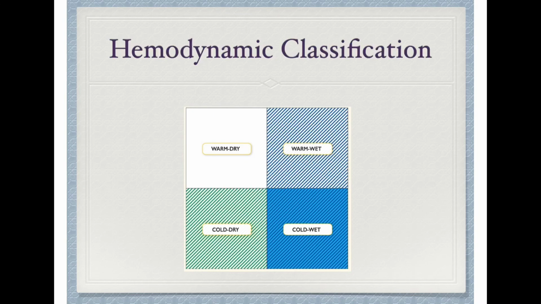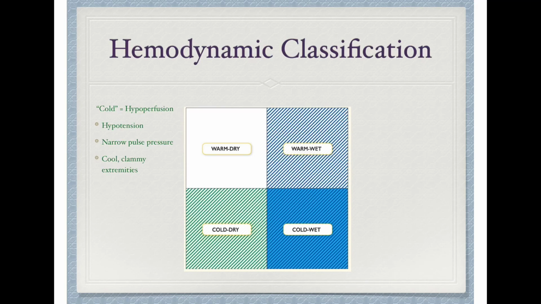So whenever a patient presents to the hospital with a heart failure exacerbation, we try to group them into one of several hemodynamic categories. And that's given by this traditional diagram here. We classify patients as being warm-dry, warm-wet, cold and dry, or cold and wet. What we mean by cold are those patients who have evidence of end-organ hypoperfusion. This can be reflected by findings such as hypotension, a narrowing of the pulse pressure, which reflects decreased stroke volume and cardiac output,